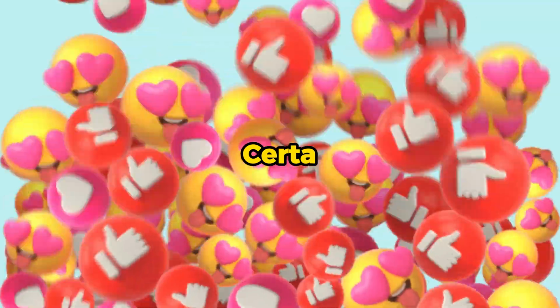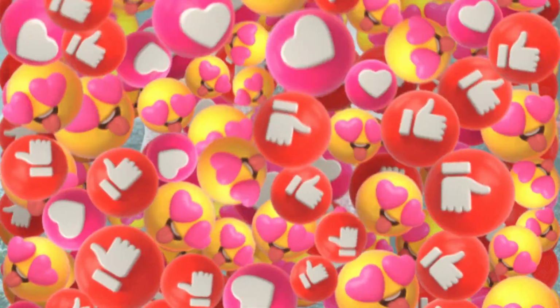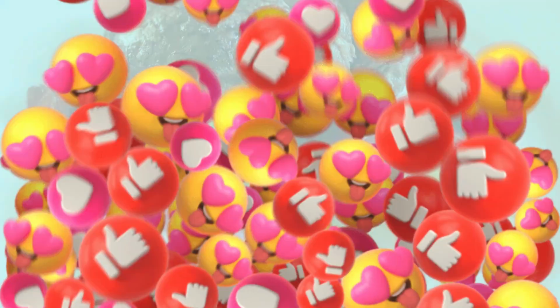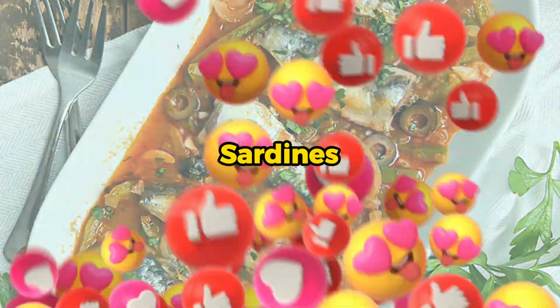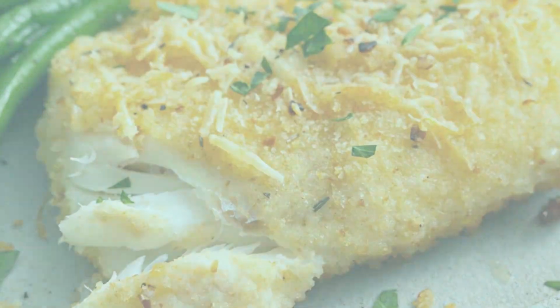10. Avoiding meats high in purine. Purines are abundant in certain meats. Avoiding these may help to alleviate gout symptoms. Purine-rich meats and fish include bacon, turkey, veal, venison, organ meats such as liver, anchovies, sardines, mussels, herring, cod, haddock,